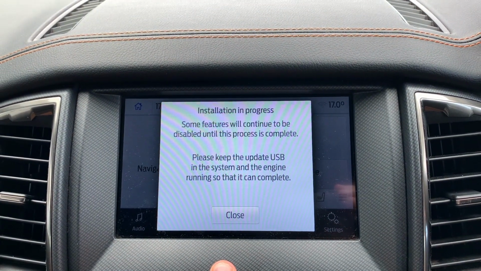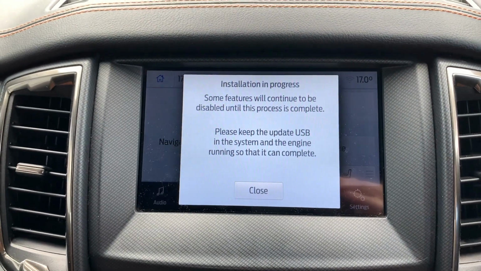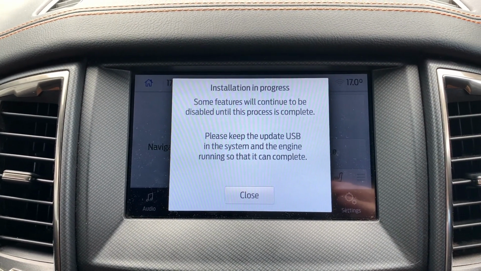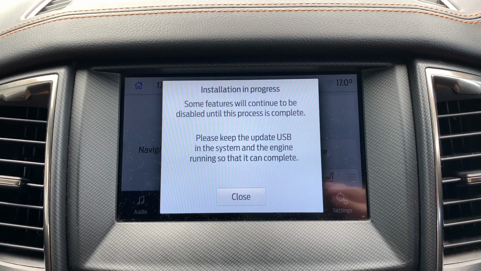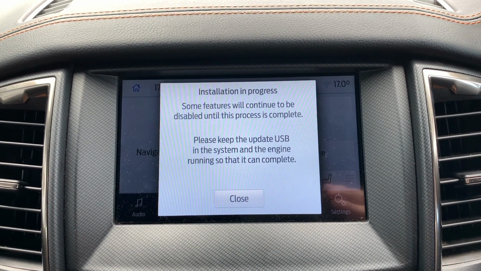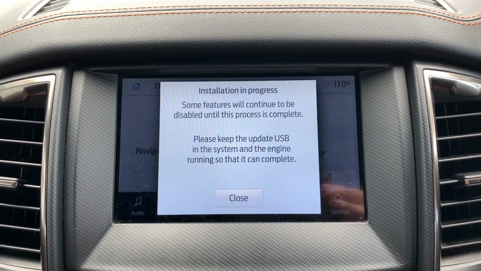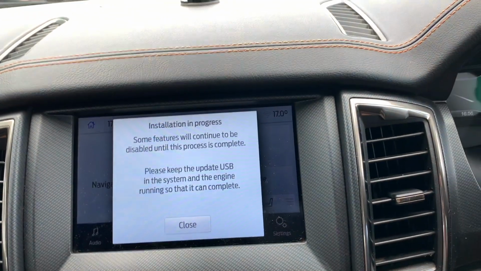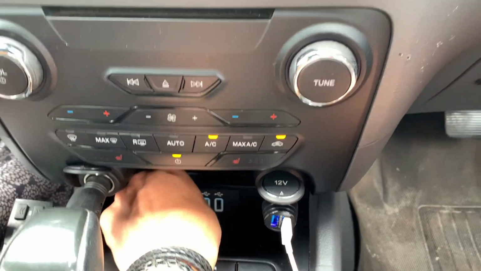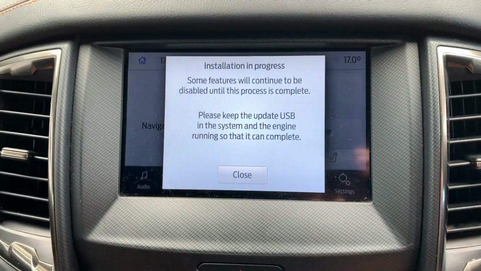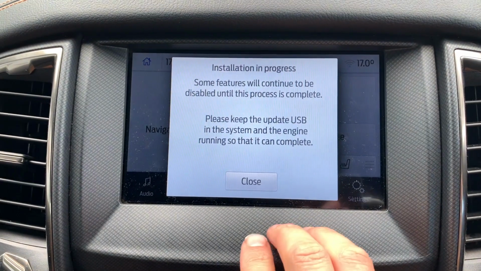Language set to English. Okay, so it says installation in progress. Some features will continue to be disabled until this process is complete. Please keep the update USB in the system and the engine running so that it can complete. So from what it's saying, I need to put it back in. So let's put this bad boy back in and make sure that it